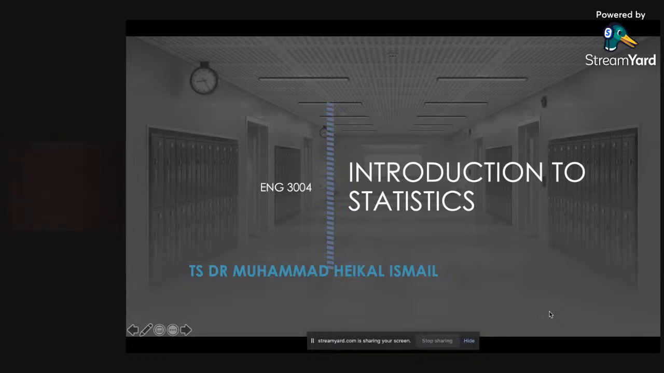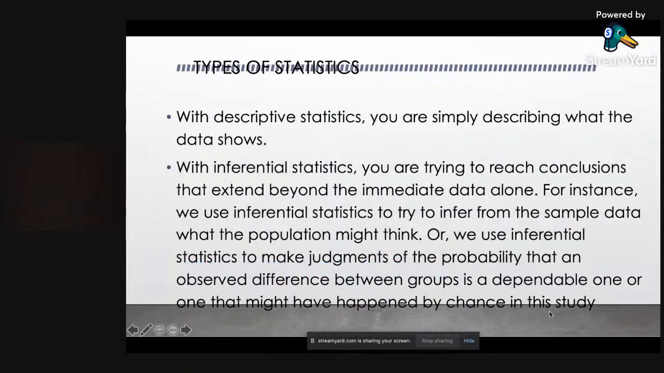Okay. All right. So, what is statistics? There are basically two types of statistics. With descriptive statistics, you are simply describing what the data shows. I mean to say that we are describing the data that we have. And next one is with inferential statistics, you are trying to reach conclusions that extend beyond the immediate data alone. For instance, we use inferential statistics to try to infer from the sample data what the population might think,